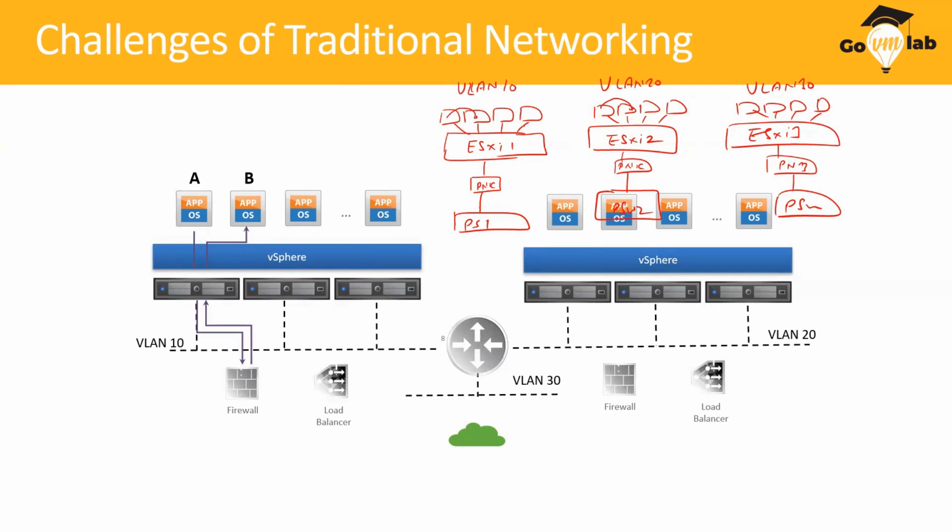If the packet is not hitting my physical NIC, then I don't have visibility of that traffic. So the point here is that as you started deploying more and more virtual machines, the visibility of the traffic between these virtual machines was less, because a lot of traffic was not going on the physical network. And unless the traffic is going on the physical network, how will I have visibility of the traffic flowing within my virtual machines? The second problem is that